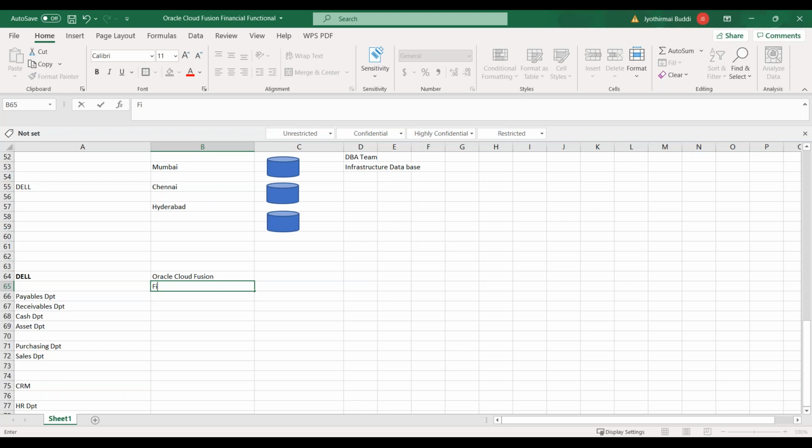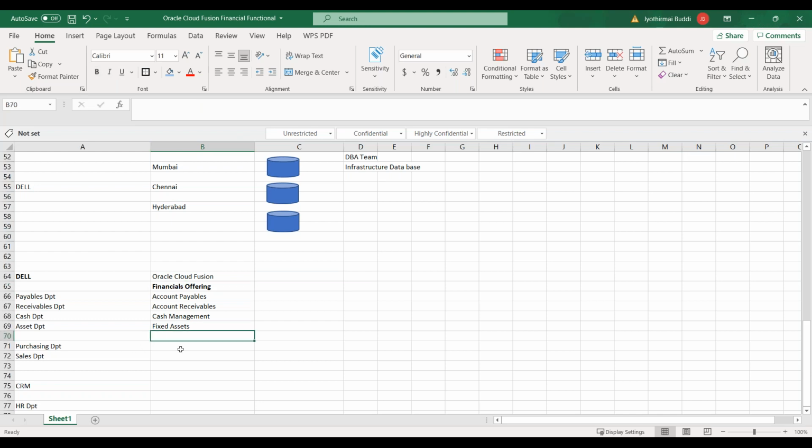Okay, so under financial offerings we have account payables, we have account receivables, we have cash management, we have fixed assets. Okay, so this is under financial offering,